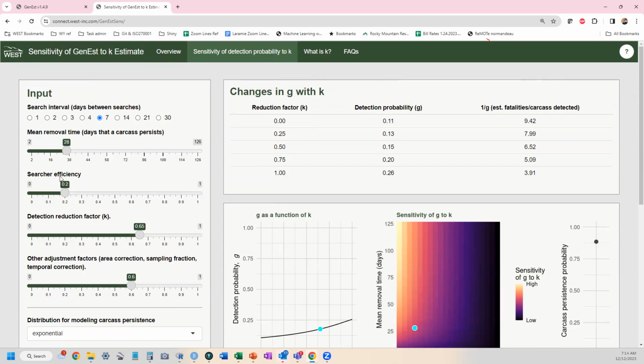With those parameters, if your K value is 0, every carcass will be translated to 9.5 carcasses. So for every 1 bat you pick up, your estimate goes up by 9.4. If your K value is 1.0, every bat represents about 4 carcasses. And you can,